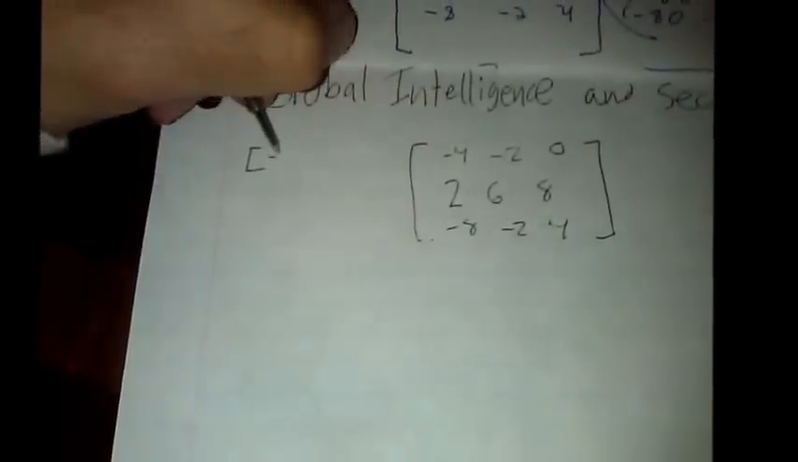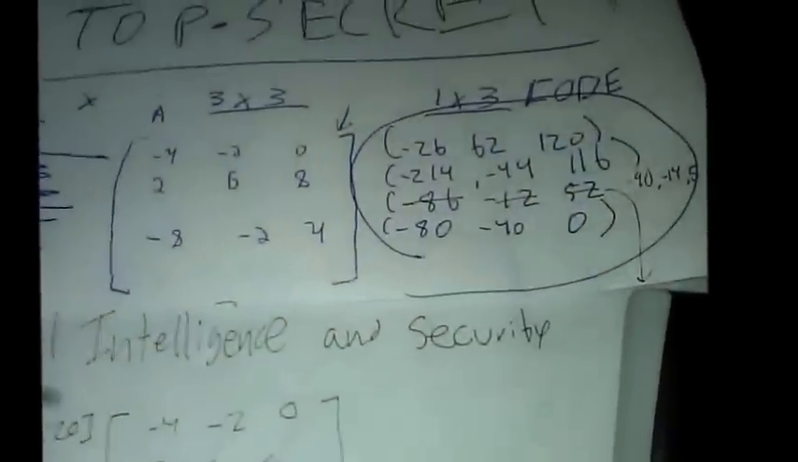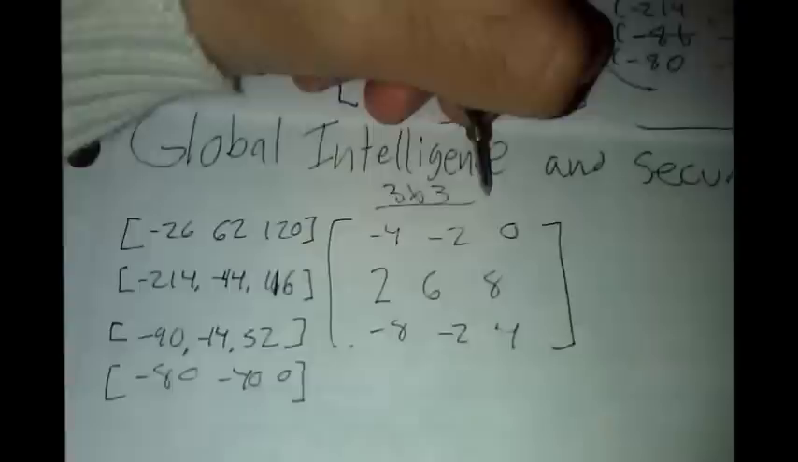Okay, so now they just put the code right here. -14, -44, -116, -90, -14, -52, -80, -40, and 0. Okay, so these are going to be our 3x3 matrix, and the calculator I'm going to display